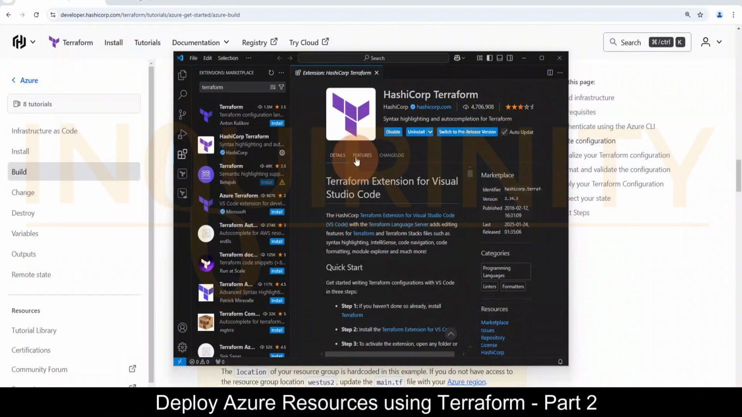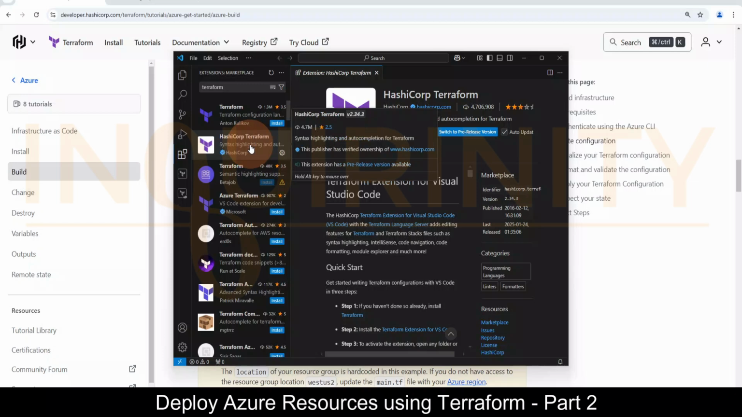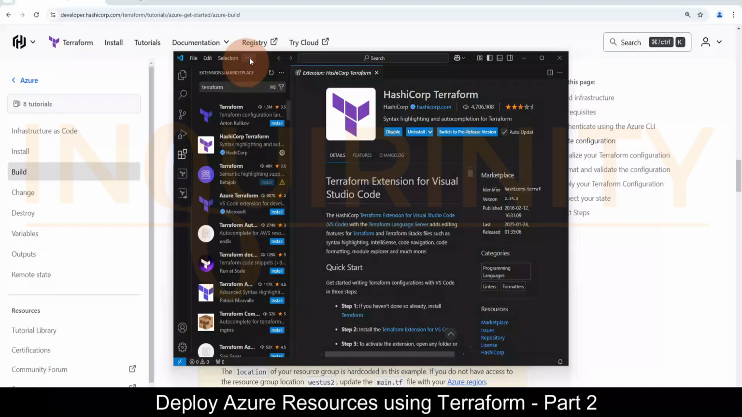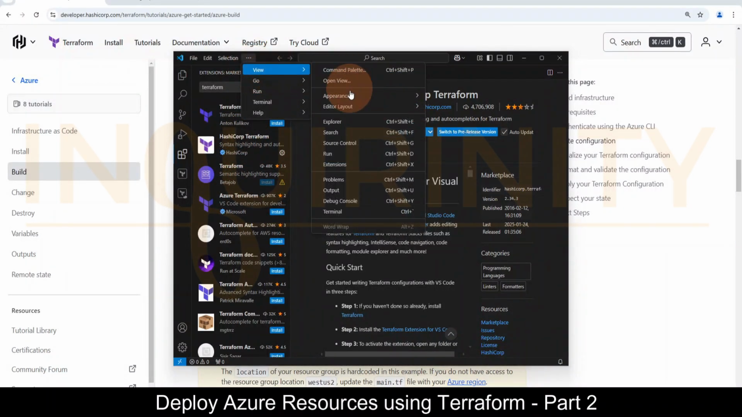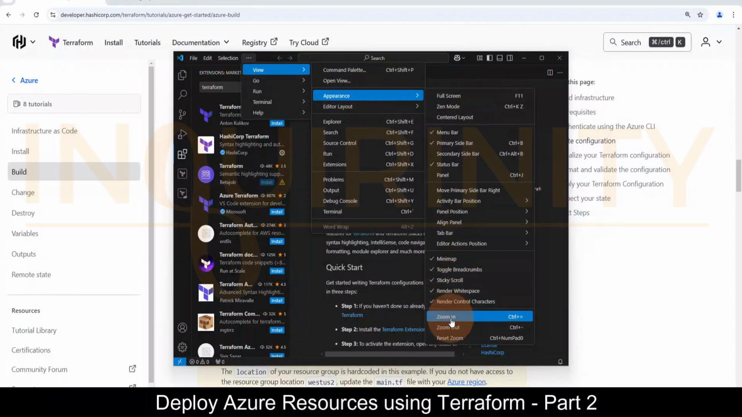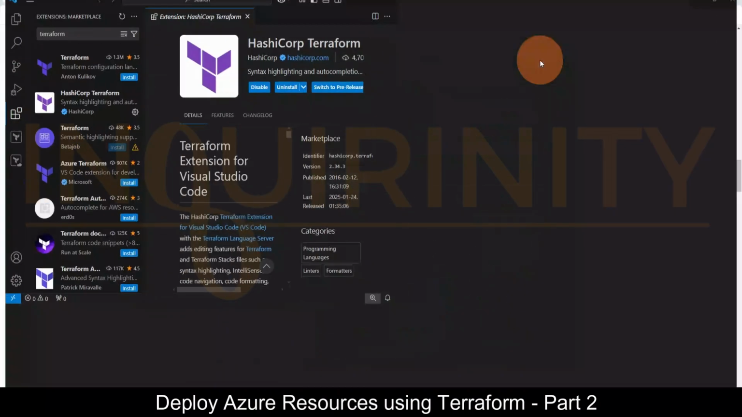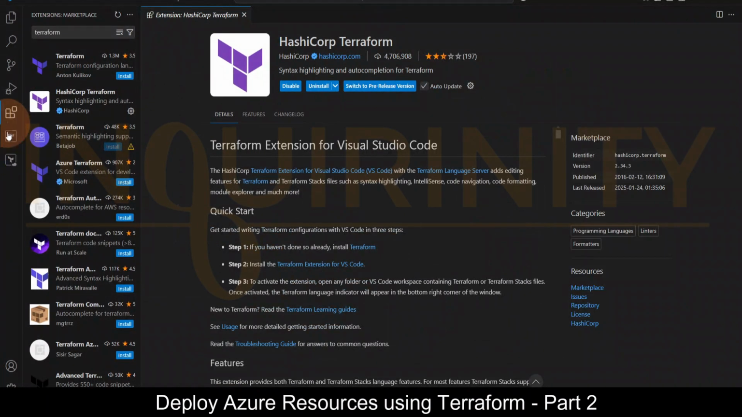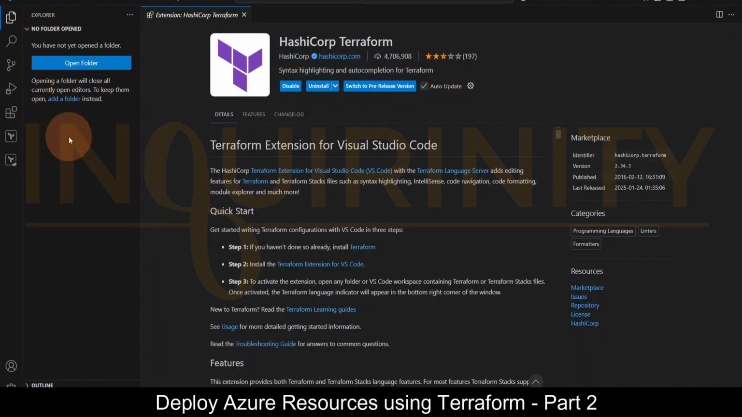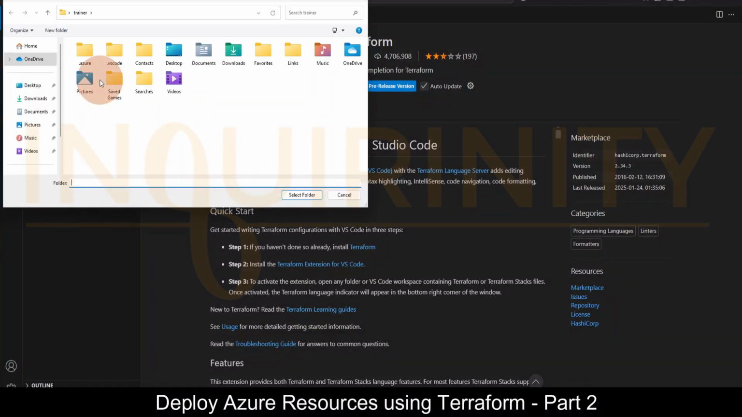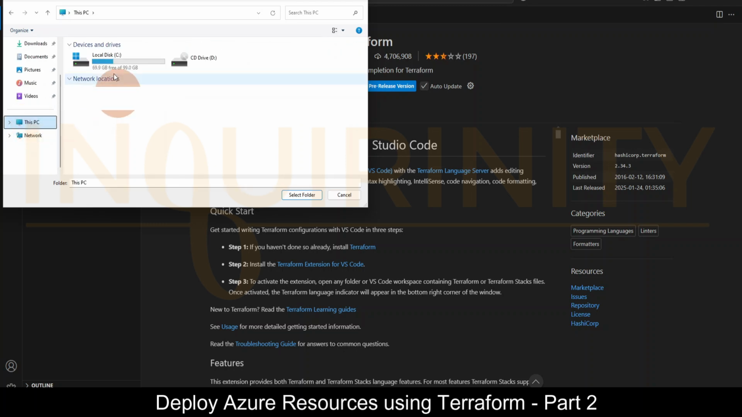So this is where we are at in our Visual Studio Code. We have installed an extension, HashiCorp. So let me zoom in. Okay, and let's expand our Visual Studio Code, and we can go back to the Explorer. So basically we need to add the folder first. Okay, so add a folder, and let's go into our C dev Terraform